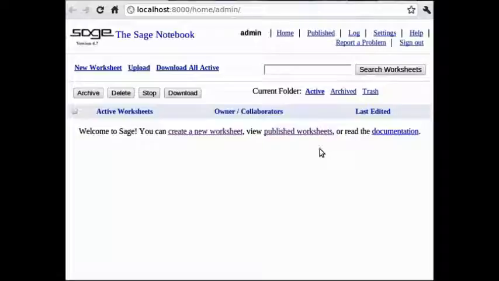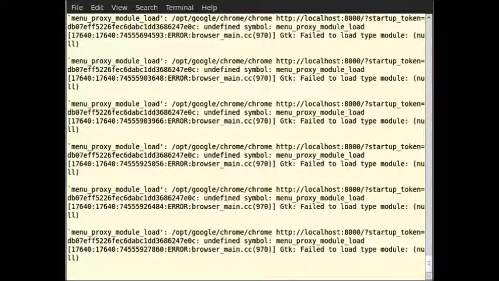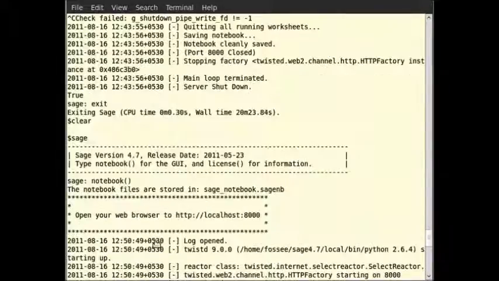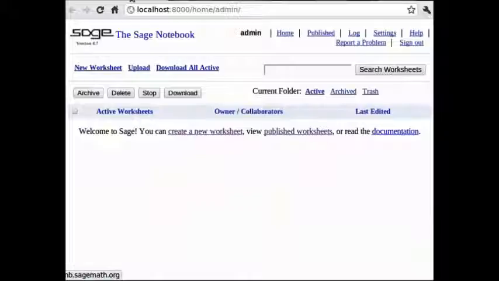If it doesn't automatically start a browser page, check if the notebook server started and there were no problems. If so, open your browser and in the address bar, type the URL shown in the instruction upon running the notebook command on the Sage prompt. So, you can type http://localhost:8000. The notebook command gives an instruction telling you to open the browser to localhost:8000.